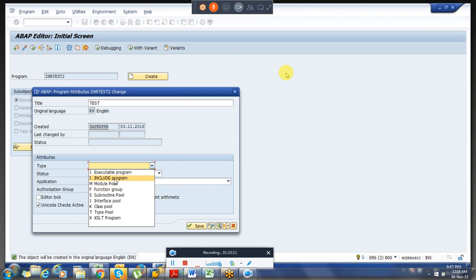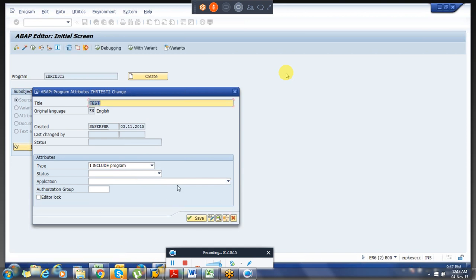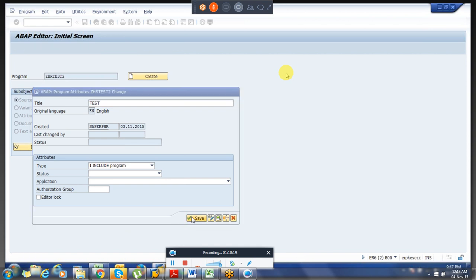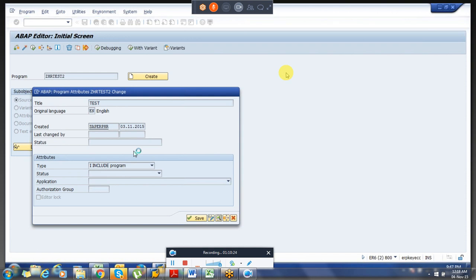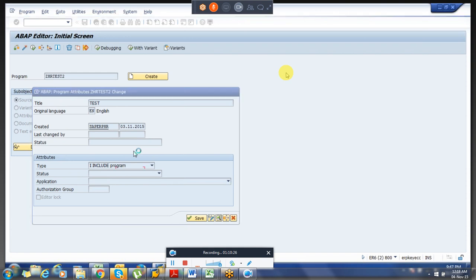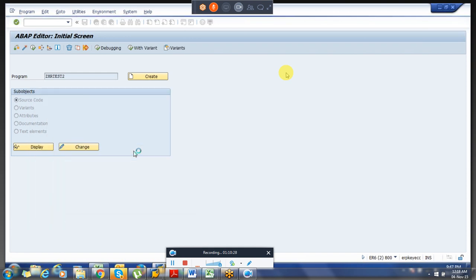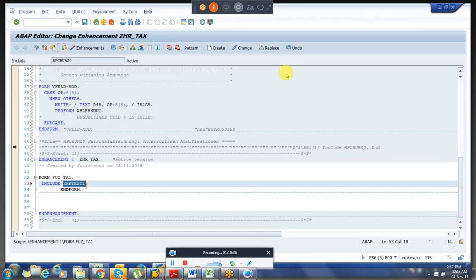So here I want to create an include program, and I am just saving this. So I have created a program, that include program ZHR test 2. So I will modify it as of now here to 2, right?